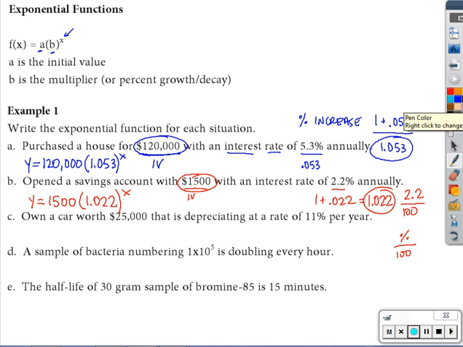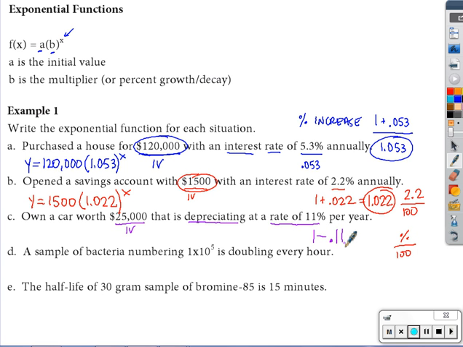Next, we have an example of a decreasing exponential function. And the way we know that is by the word depreciating. That was in your definition list. You need to be able to recognize some of these words. So we own a car worth 25 grand. That would be our initial value because that's what the car is worth right now. It is decreasing in value at a rate of 11%. If it is a decrease, we're going to take 1 minus our percent,